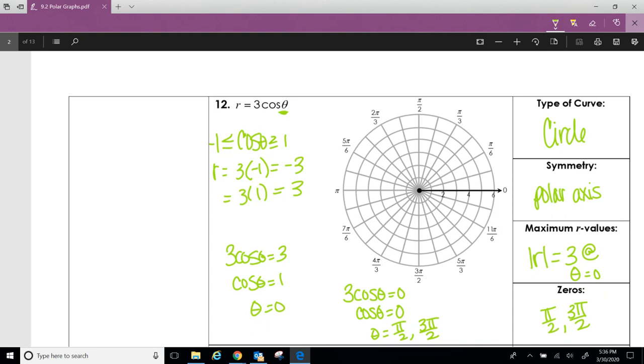So when we are at 0, we're out here at 3. When we're at pi over 2, we're back here at the pole. When we're at pi, we're at -3, but that's going to put us right back here. And at 3 pi over 2, we're back at the pole. So what's happening is we've got a circle. This does not look like a circle, but hopefully you get the right idea. Symmetrical about the polar axis. Maximum radius value is 3. All right, that's it for